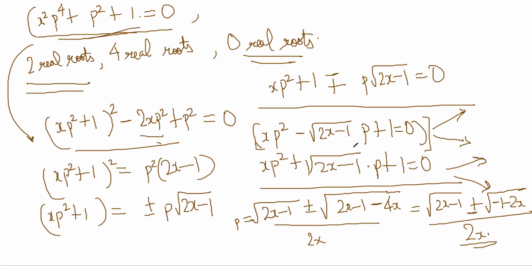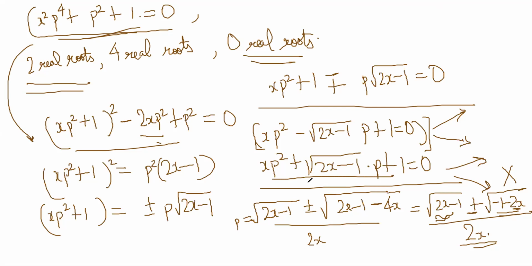So I'm doing it for the first quadratic, and right now I can see that it is not going to be possible. No root is possible here, because notice that for this to be real, x has to be greater than half. If x is greater than half, then this will not be real, because x is positive means this is negative. So no solution here.